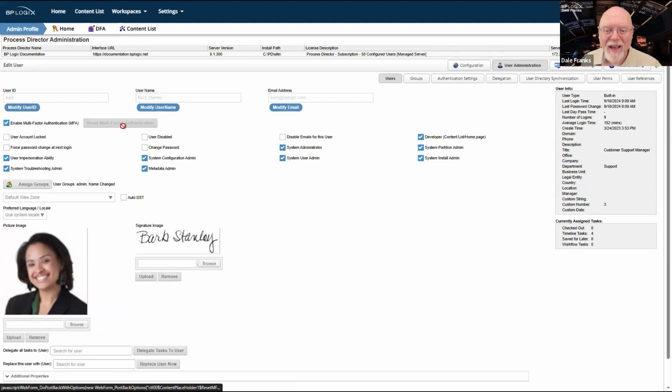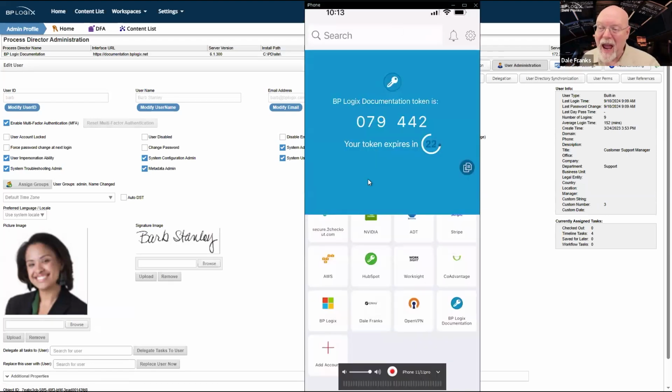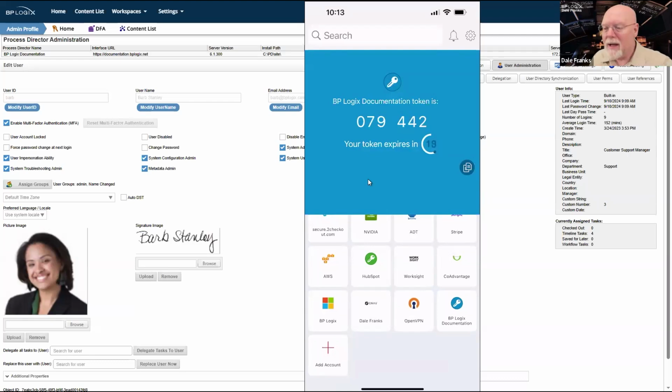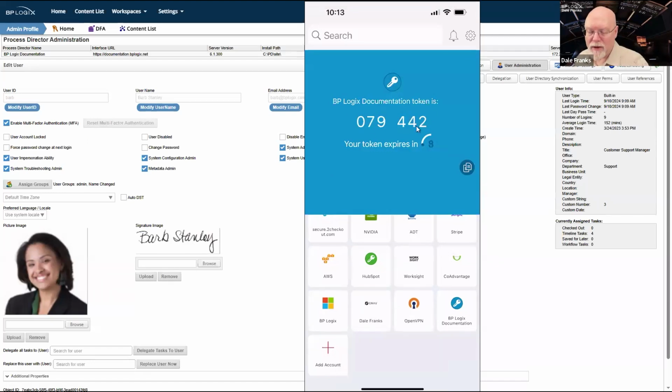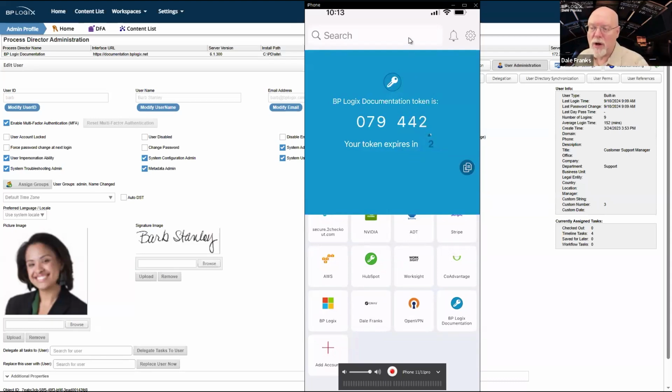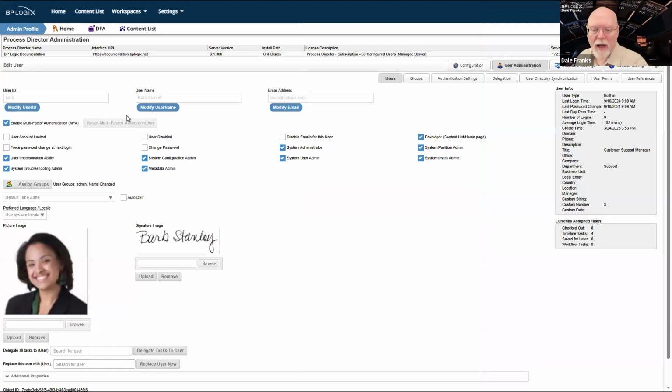So I could click Reset Multi-Factor Authentication, and technically, even if I recovered my own device, that's too late. Once that button has been clicked, I'm out. And this code is no longer going to work on the system. I'm going to have to completely regenerate my authenticator account for this particular server in order to get back in via MFA. So that gives us a little extra security there.